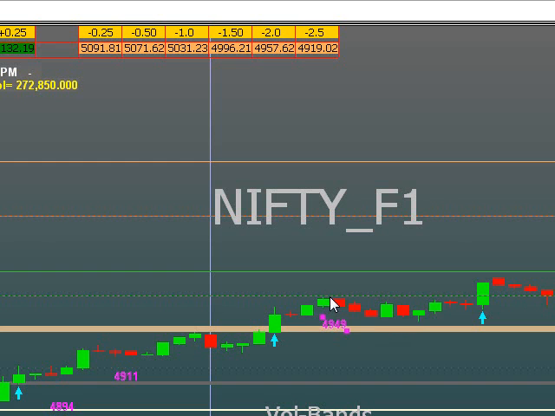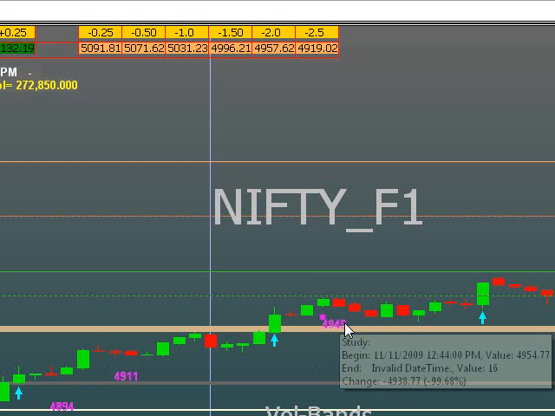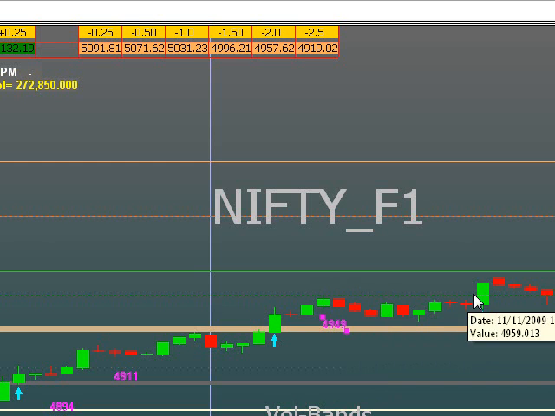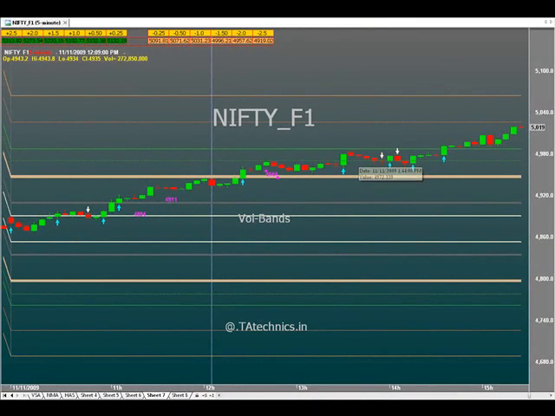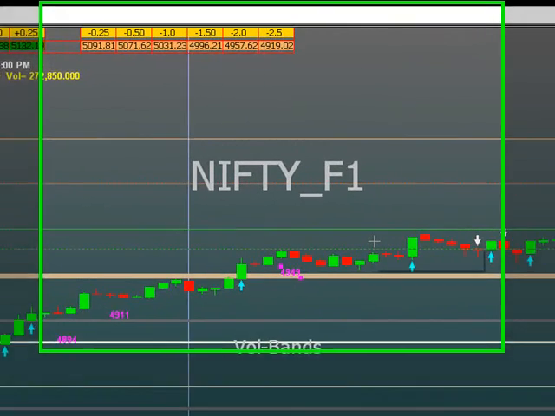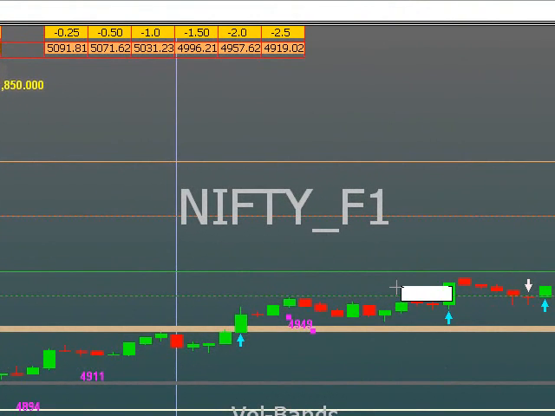Again, the index is facing resistance at the 1.28 band, and slightly it's coming down, but we are still in trade as our stop is at 4949. Here again the index crosses the 1.28 band, so we will move the stop to this band, which is 4972. 4972 is our stop now,